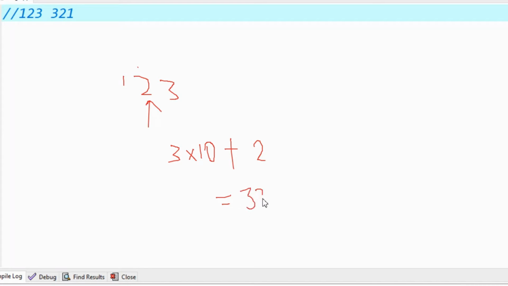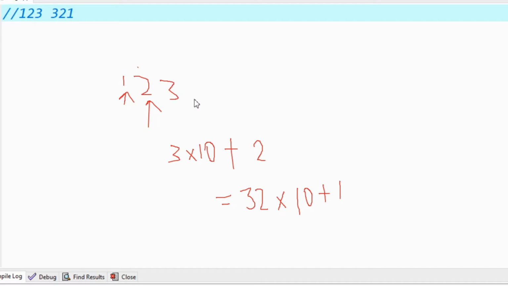And again we will see the last element, so we have 1 here. We will multiply this with 10, and plus the last element. This will go the same for the number 3.